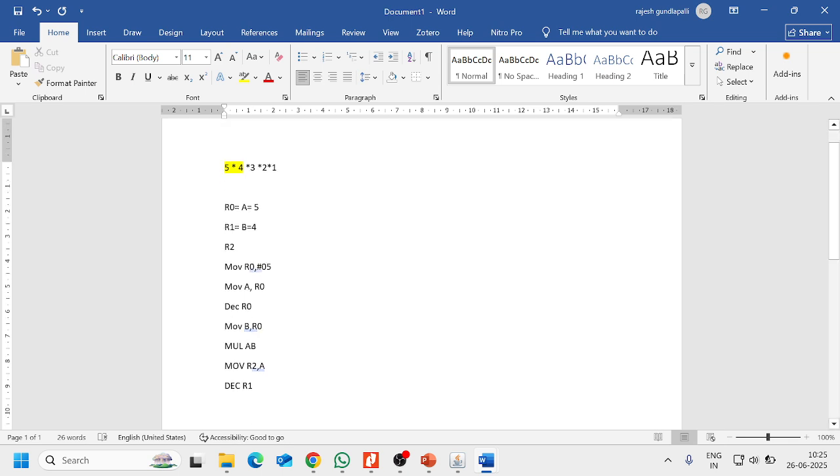Then DJNZ, decrement and jump if not 0. If the R1 value is not 0, then what we need to do? Or no need of decrement now, here itself we will do it. So using one instruction, DJNZ R1, decrement and jump if not 0. So if R1 becomes 3 and it is not 0, right, so what we are doing,